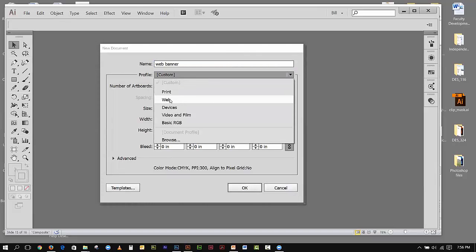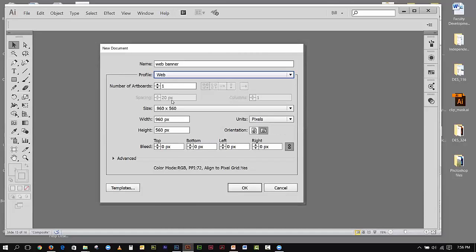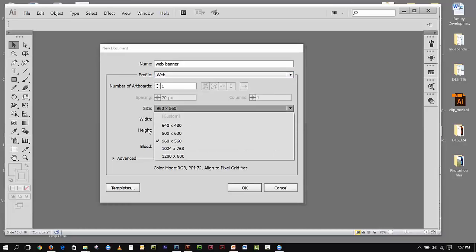Now what I'm going to do here is change the profile from custom to web. You can also go to devices, such as a phone or one of those tablets. But in this case, let's just make it simple and play around with web. Now right away, do you see what happens here? I get 960 by 560. And if I drop this down, I have 640 by 480, 800 by 600, 960 by 580, 1024 by 768,